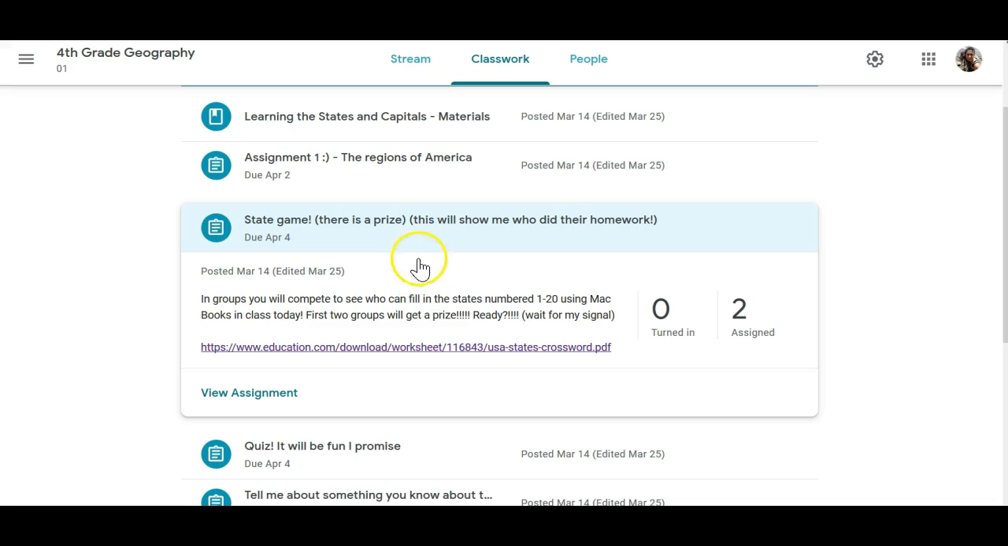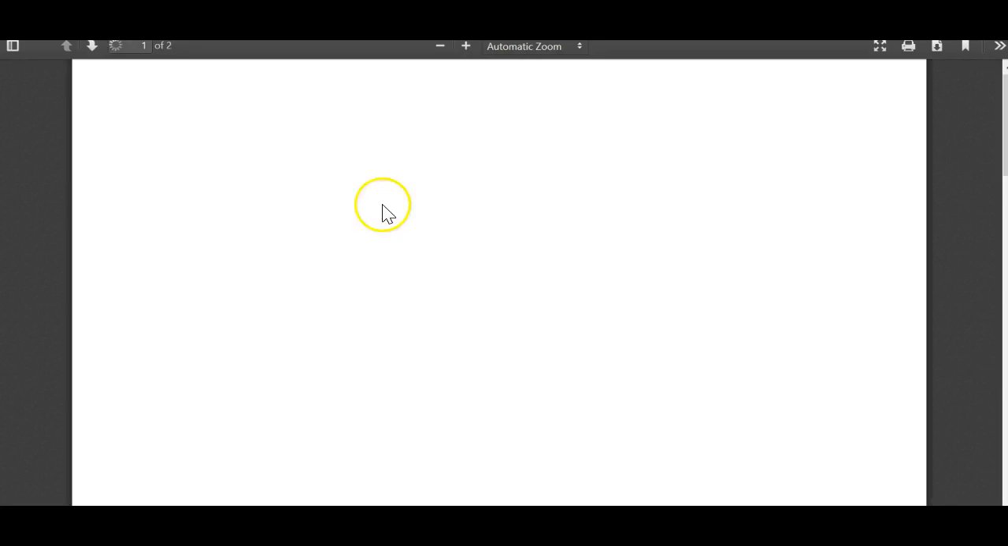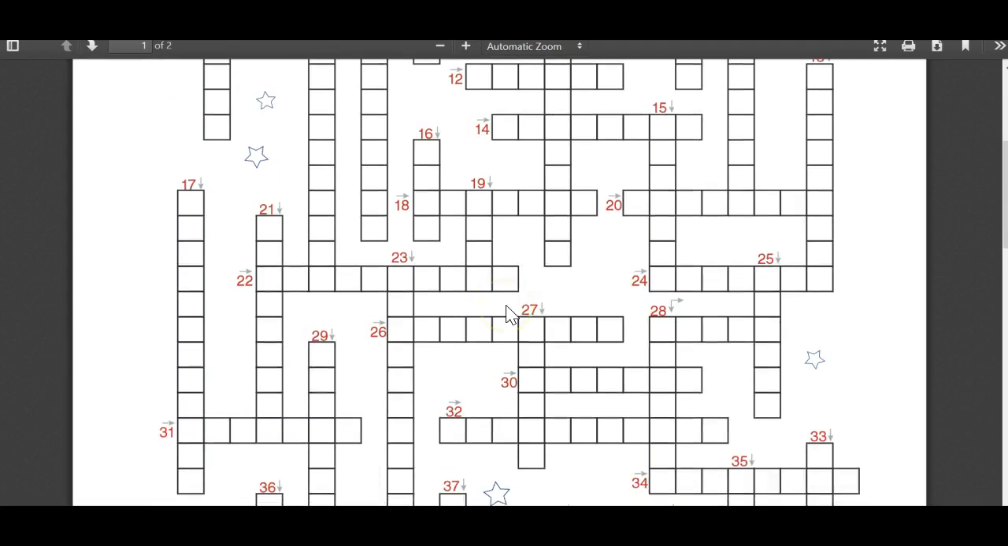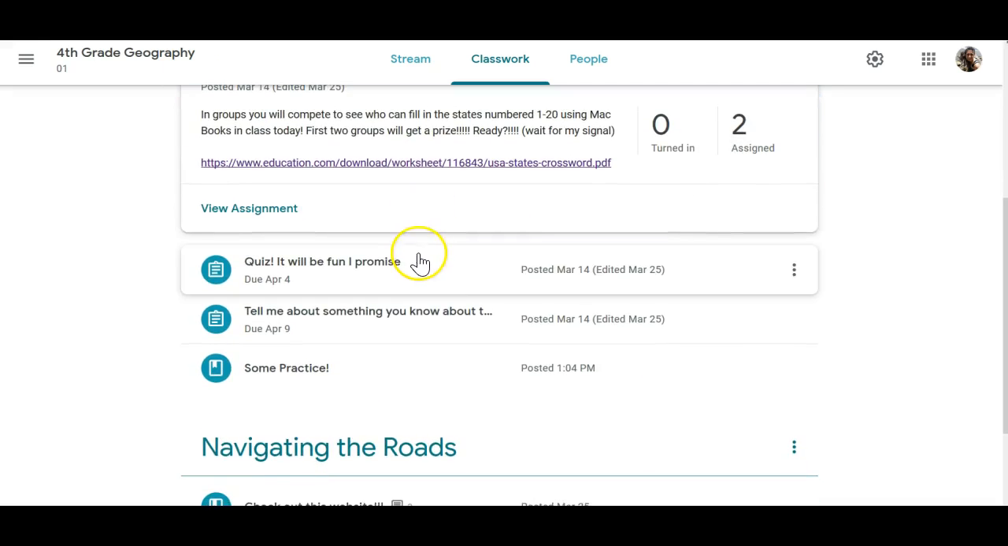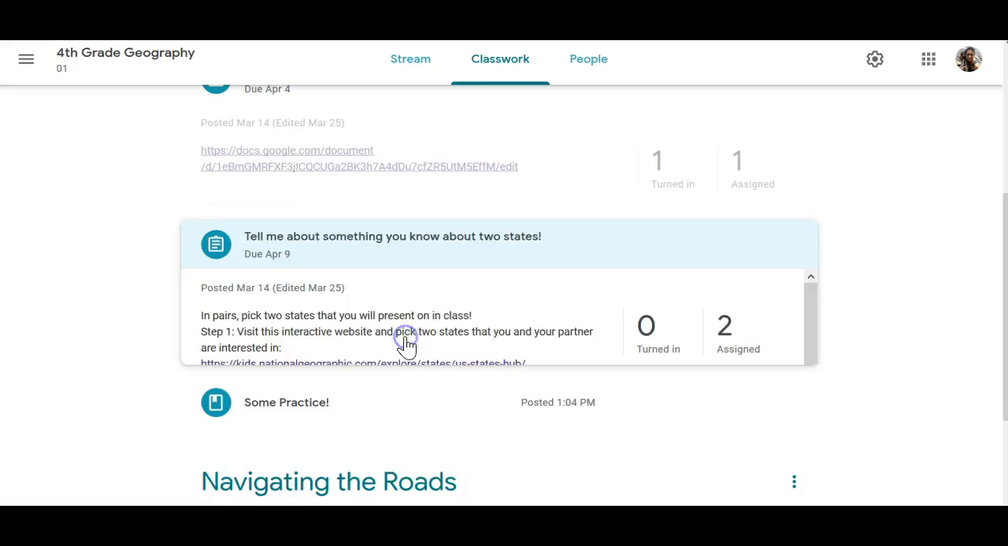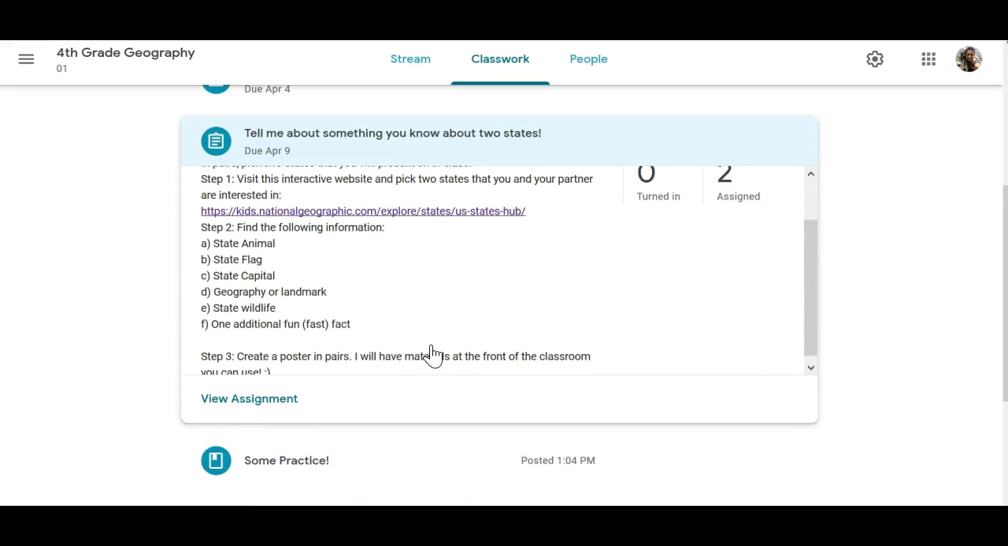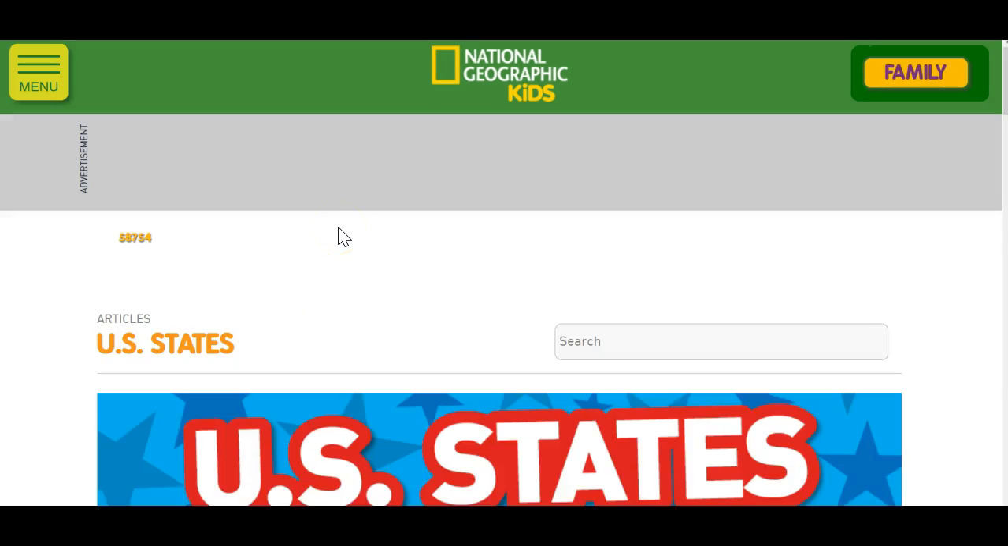There is a state game here that I've got that will be done in the classroom. So I basically have given them the website that they can look at prior to this. Oh, that's not the right one. Sorry, that is a crossword puzzle. This is something I planned in class. Sorry, but basically a website here which can let them know